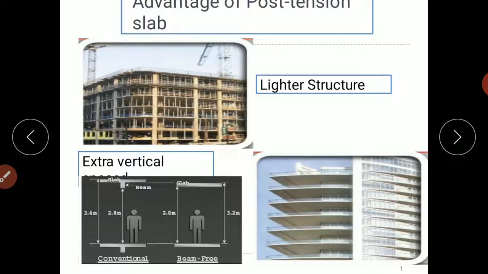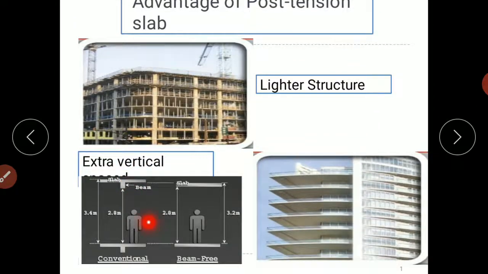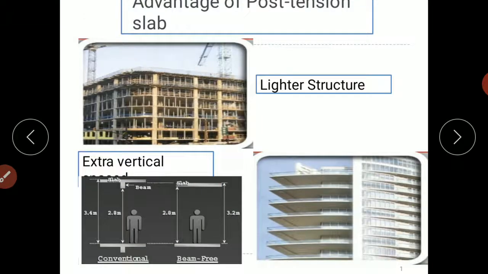Here is a conventional concrete slab, where a beam comes in between the slabs. This is beam-free, that is a post-tension slab. There is not any beam, so we will get the extra vertical height.